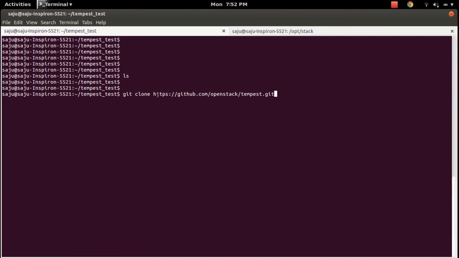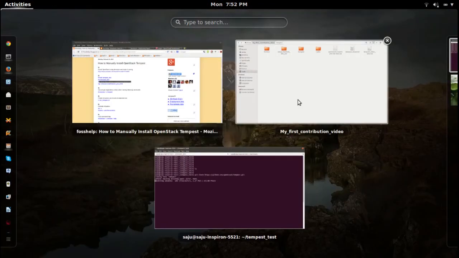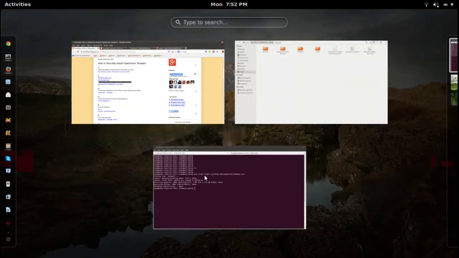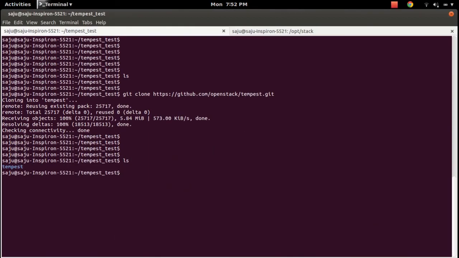For that you can use this command, git clone github openstack tempest.git. This command will download the Tempest project from GitHub. After that you can switch to a particular branch in the Tempest project. Right now I am going to use the Havana branch. This is done. If you run ls, you can see the folder, then go to that